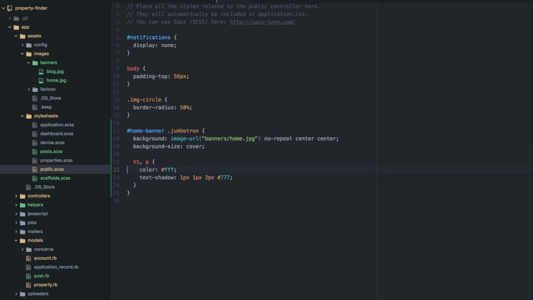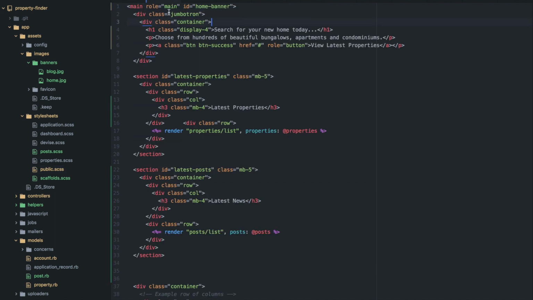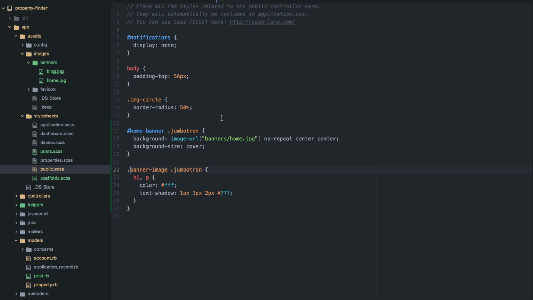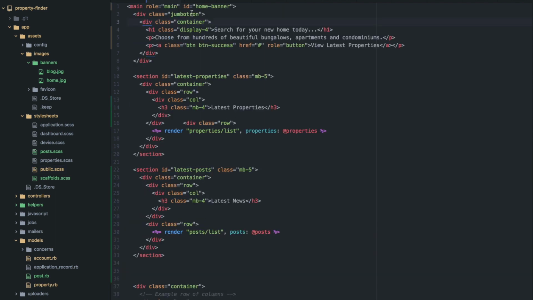So actually the header one and the paragraph tag we can keep, but we want to duplicate the banner part. So we can add a class to both of these, so they both share the style for the header and paragraph text. It will be main banner class,